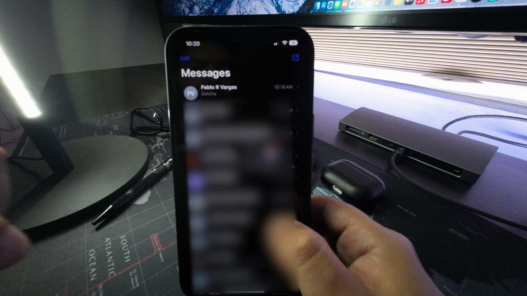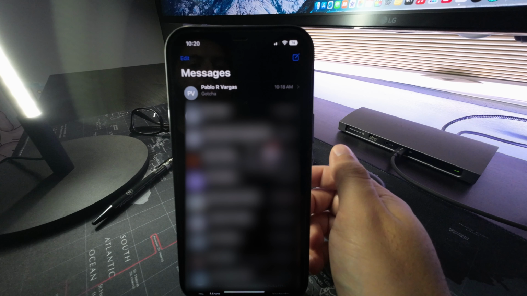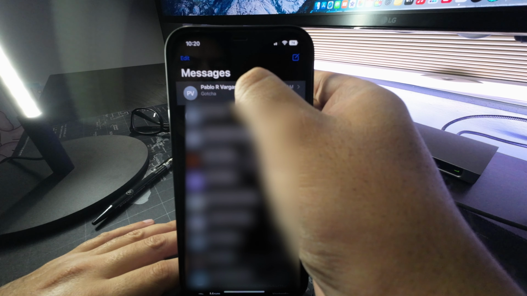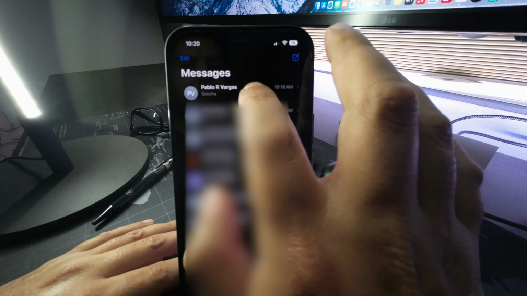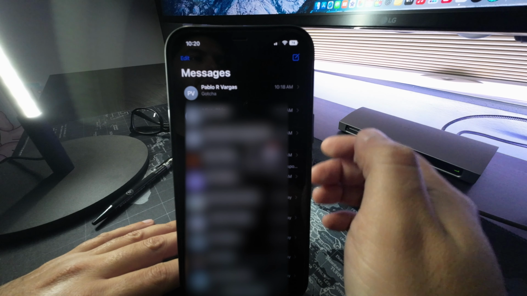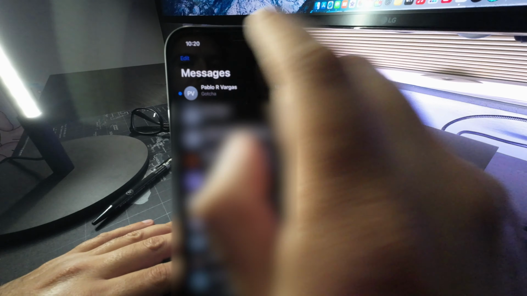Another cool thing with iMessage is mark as unread. We've all been there where we read a message and we say we're gonna get back to it a little bit later, and we never do, we forget. There's 2 ways of doing it. The first one is going to be to hold, and you can press here, mark as unread. And then the second option is to swipe to the right, and then click that,